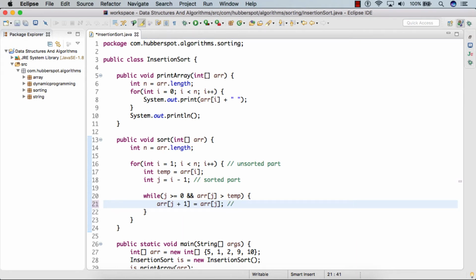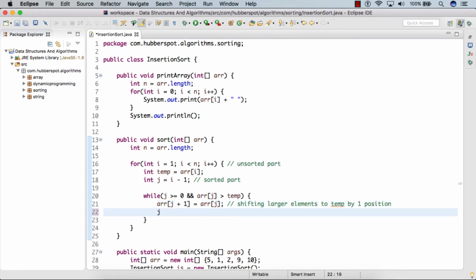So here we are simply shifting larger elements than temp by one position, and after shifting the elements we simply decrement the value of j by 1, because inside this while loop we need to compare the temporary variable with each and every value of the sorted part.